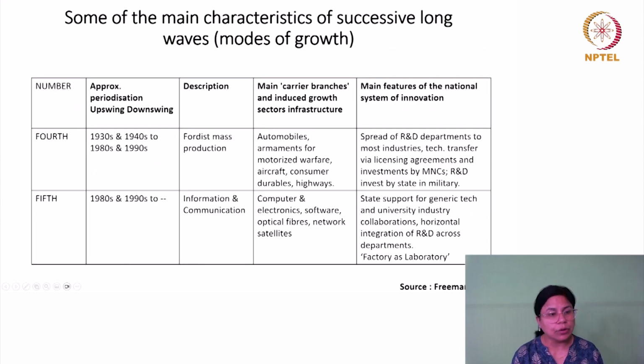Then in the fourth wave, what you find is 1930s to 1990s. This started with a specific model of mass production coming from Henry Ford. And here the main branches through which this was carried forward were automobiles, armament for motorized warfare, aircraft, consumer durables, highways, and again you also see R&D departments in most industries. Technology transfer also began to happen through licensing agreements, the MNCs, and R&D also started being invested in by the state and the military. The fifth one is from the 1980s onward, which is coming through information and communication technologies